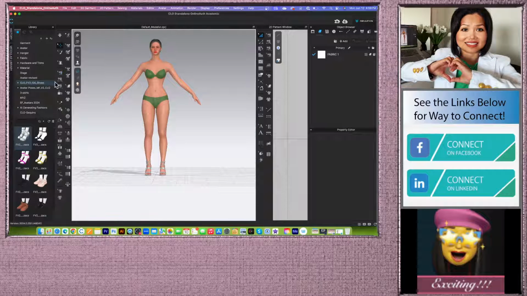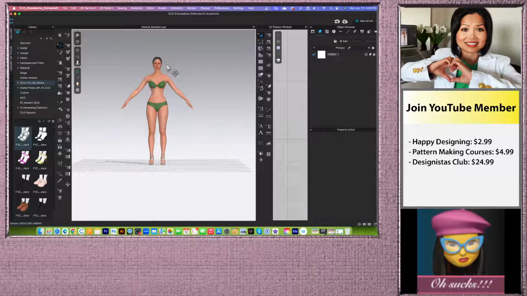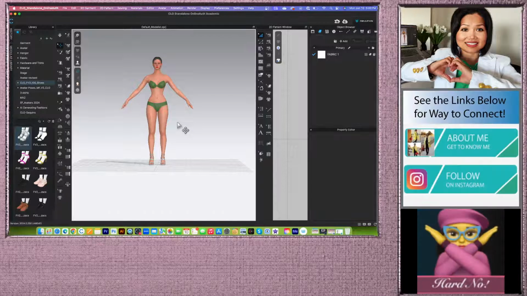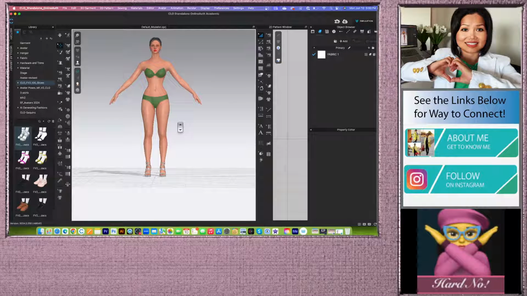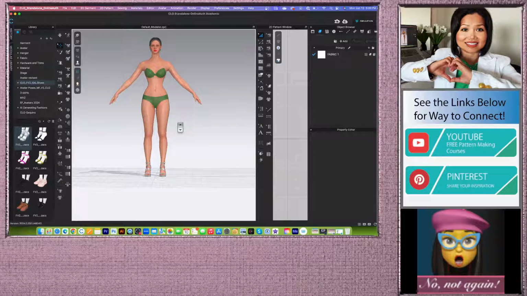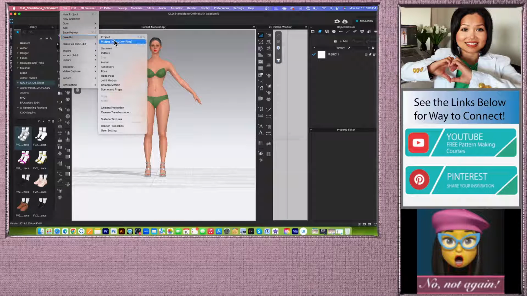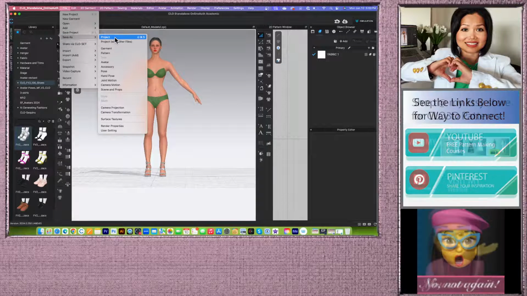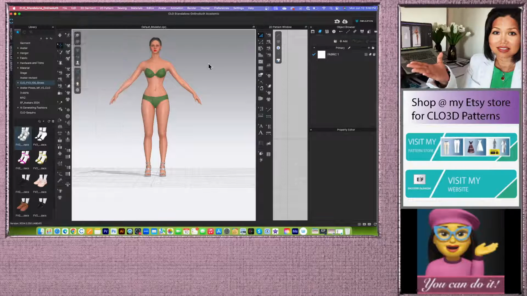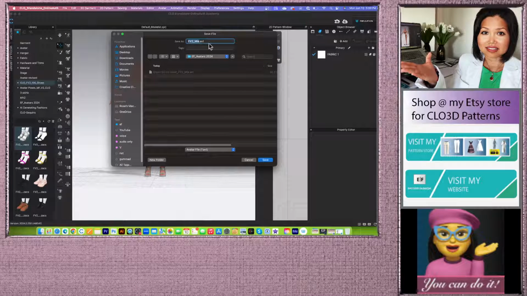Okay, before we do that though, let's say I'm really happy with the avatar and I want to save that for when I want to create more fun projects like this. I can use the same avatar over and over without having to go in and create another one. To do that, you go to File and then select Save As, and instead of Save As Project like we normally do, we want to select Save As Avatar. And here, this is important. You want to leave this